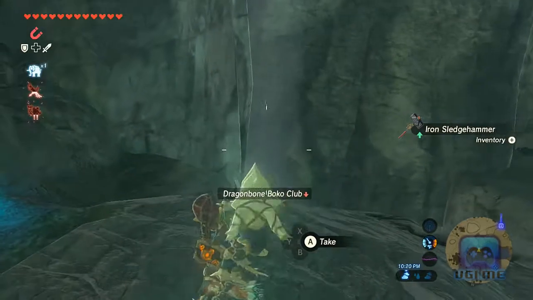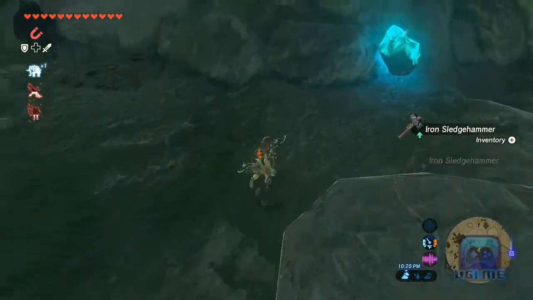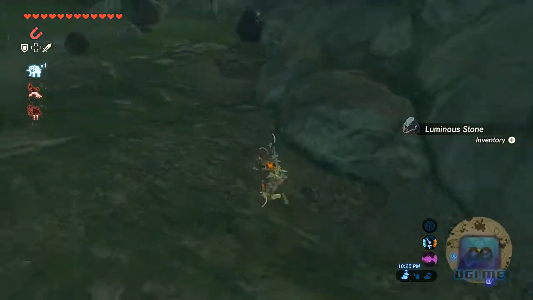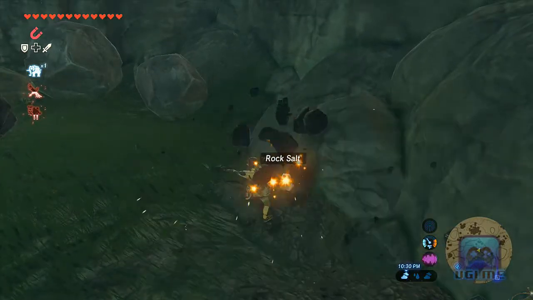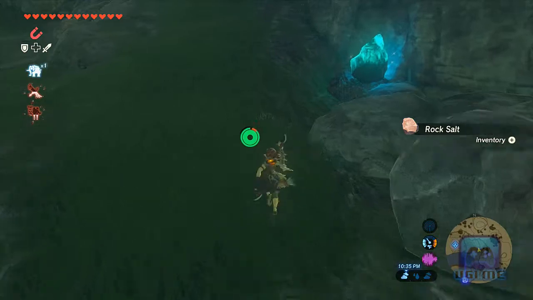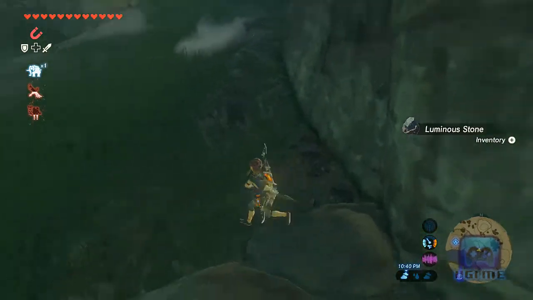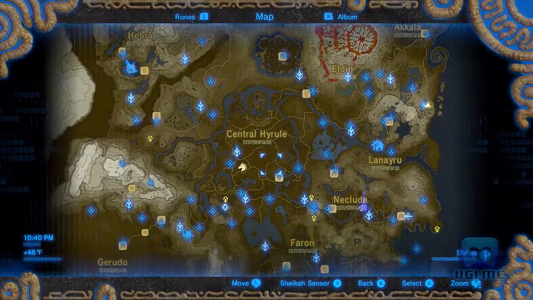And there are also several mineral rocks right above the Shaka Shrine, and that's kind of convenient. I don't have to teleport anywhere else to get them. I can just get them while I'm already here. Alright, so now that I have two sledgehammers, I picked up the minerals, I can show you the first Stone